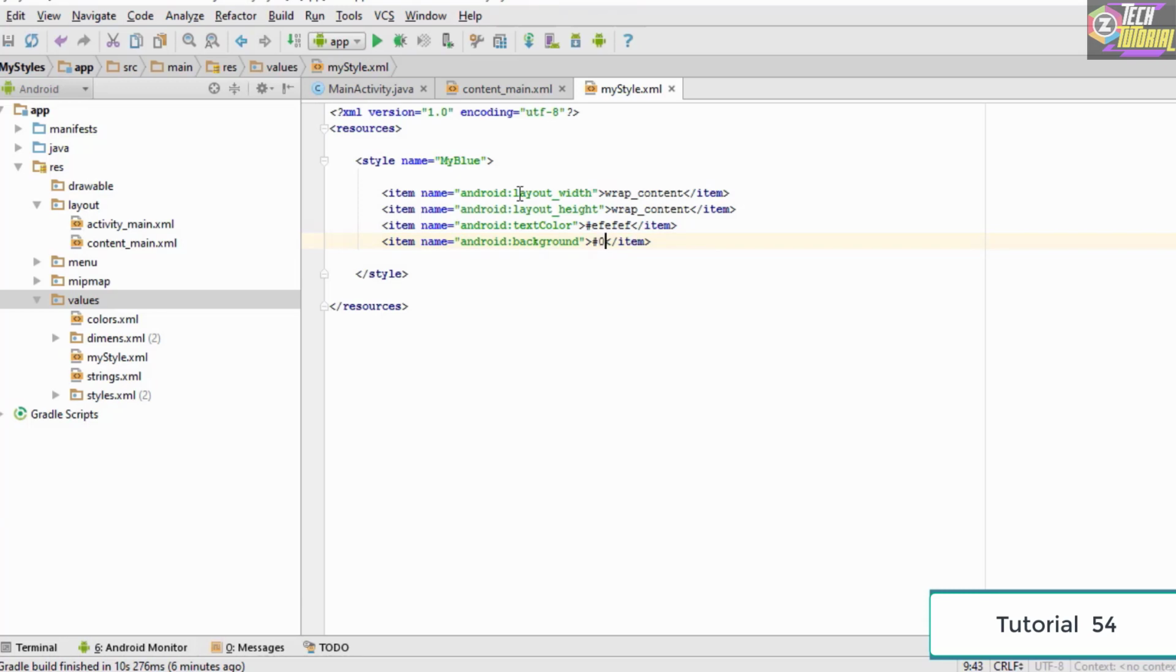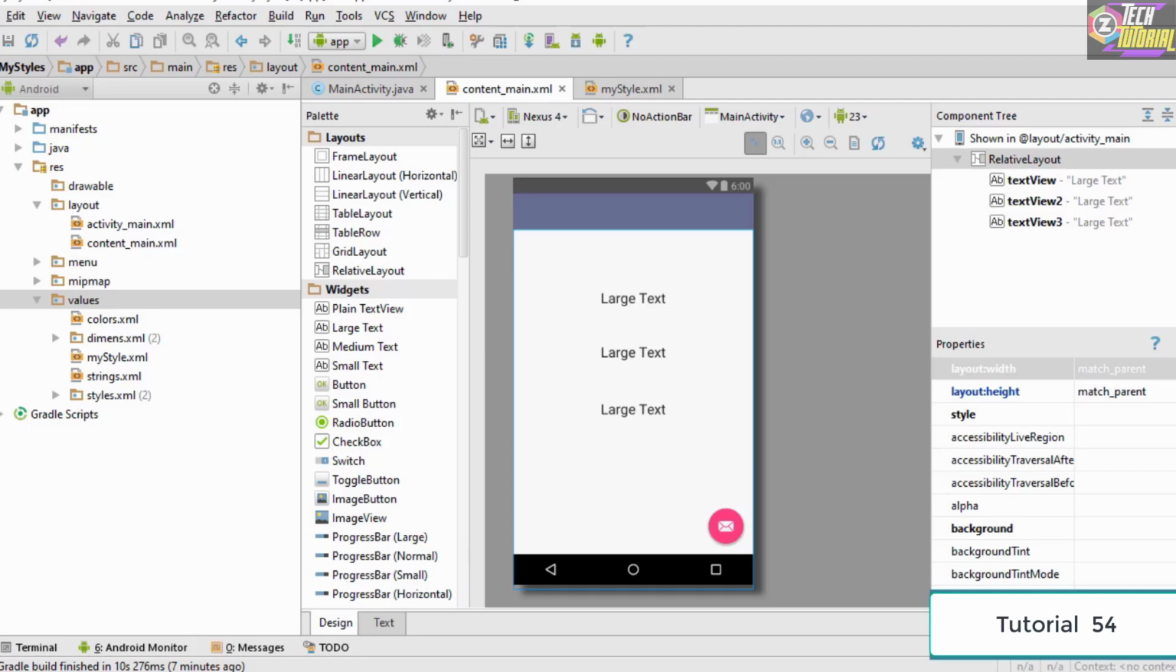So for blue, let's say 006699. As you could see, the color which we typed in is going to appear here. Once this is done, we are done with applying the style. Now in order to actually apply the style to the text view, we switch to the main content here, and